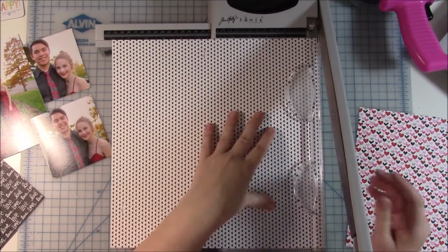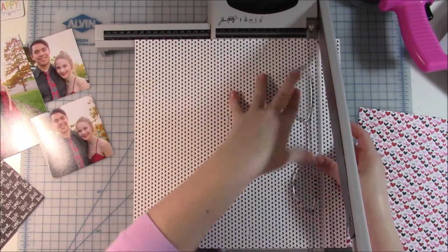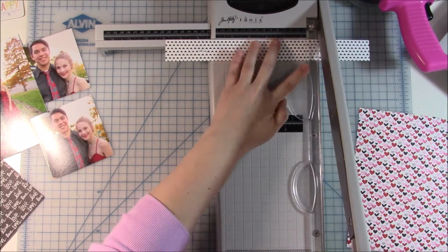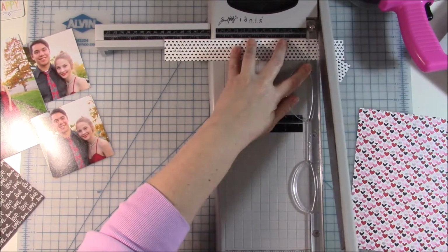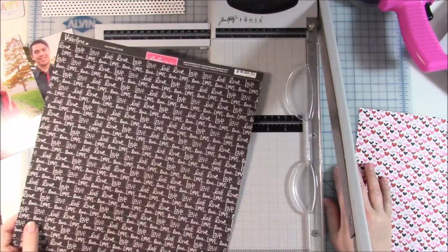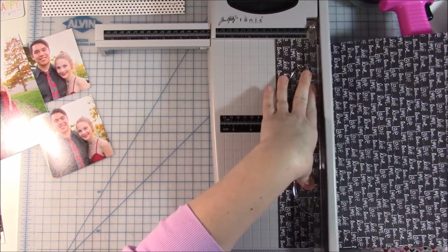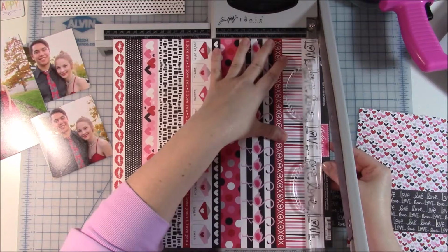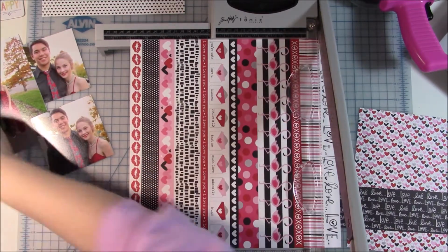So I am using the Bella Boulevard, I think it's the Valentina collection. I have used this collection a few times so far, and I figured I would go ahead and just get this collection used up. I had just a few more sets of pictures to go with it. I think in the last video I used this collection, I said that I only was going to do one more layout with it, but I do this one and another one which I did not record. It was actually just kind of a last minute throw the scraps together layout, and so I didn't record that one. But after I do that, I am going to end up cutting up this collection like I've been doing